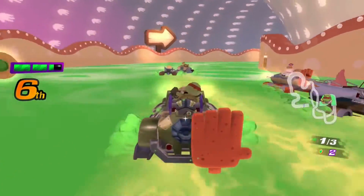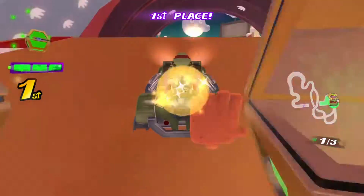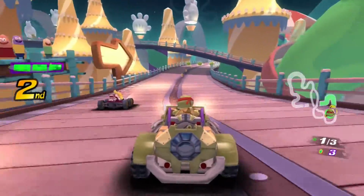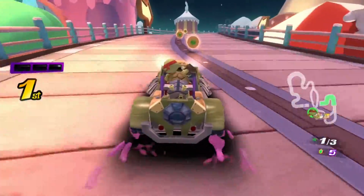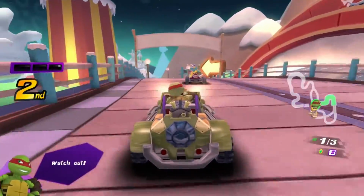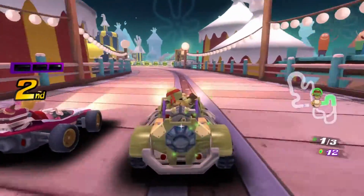That's something that they should have added to boost the game. If you're gonna charge $40 for this game, you've got to put stuff like that in it. I imagine that's why the sales on this are fairly low. You're trying to get the nostalgia of these characters, and that's a good selling point, but if the gameplay is lackluster, or you don't put any effort into the gameplay, or getting people to play it together, then